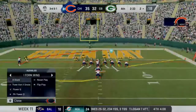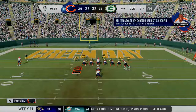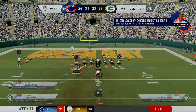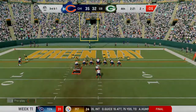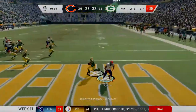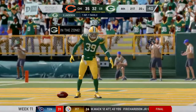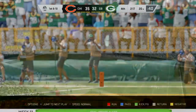Here we go, 3rd and 1. Gut check time on both sides. 20. Here's Newton. And look at this. They get the turnover they needed. It's intercepted. Eddie Jackson picks it. And a big turnover there as his guys will get the...